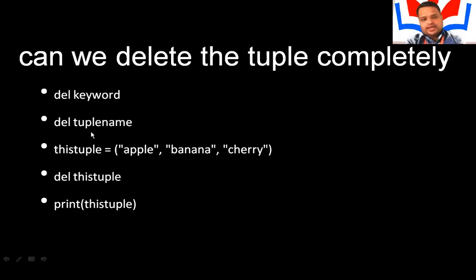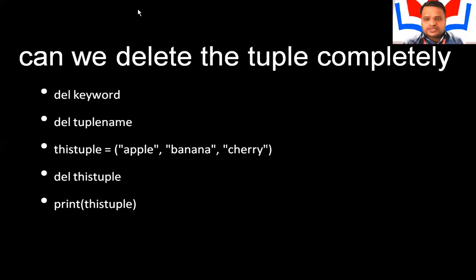Now you know that in order to delete the tuple, you will be using the keyword del. So what is the syntax, and how can you use it?